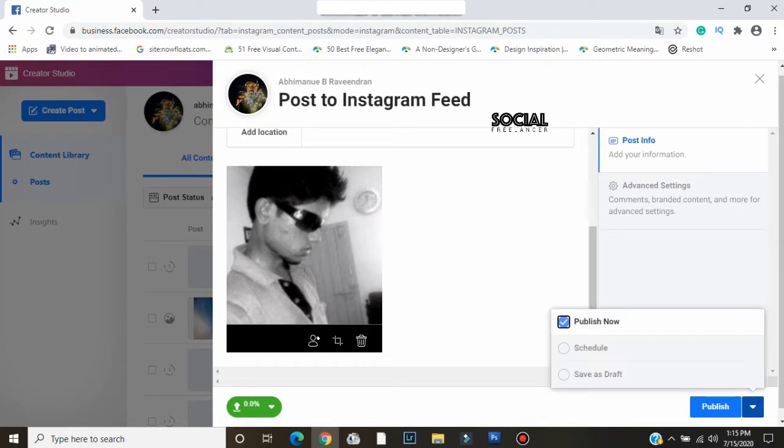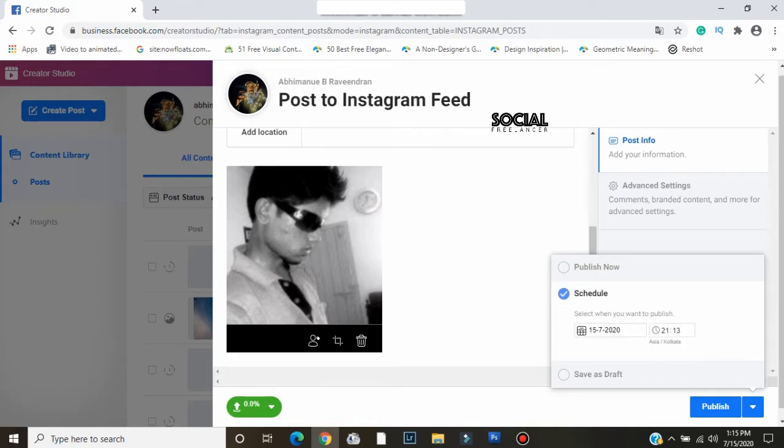Okay, and the main thing, to the right side bottom you can see the publish option, schedule option, and the save as draft option. If you want to publish it now, you can publish it now, and the main advantage is that you can even schedule the post. If you want to schedule a post for tomorrow, maybe next week, maybe next month, you can schedule it here itself on Facebook Creator Studio.